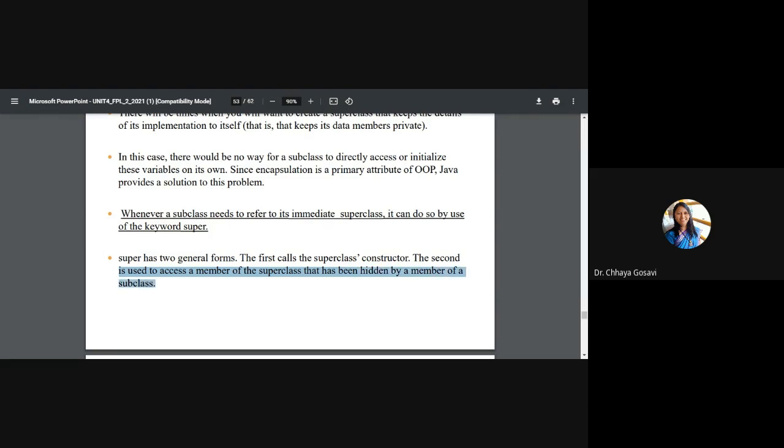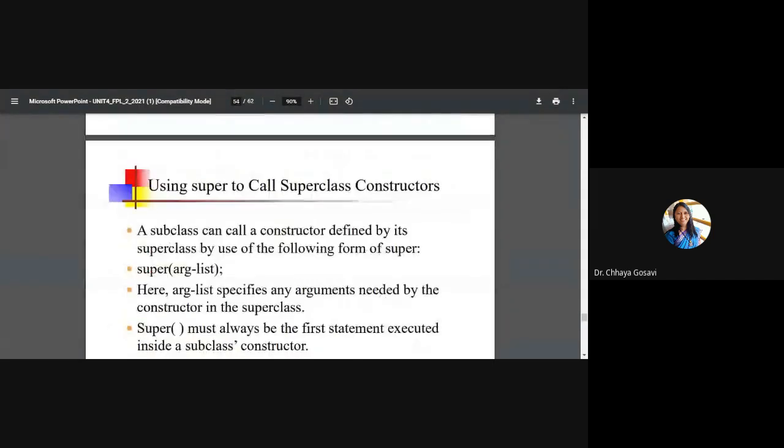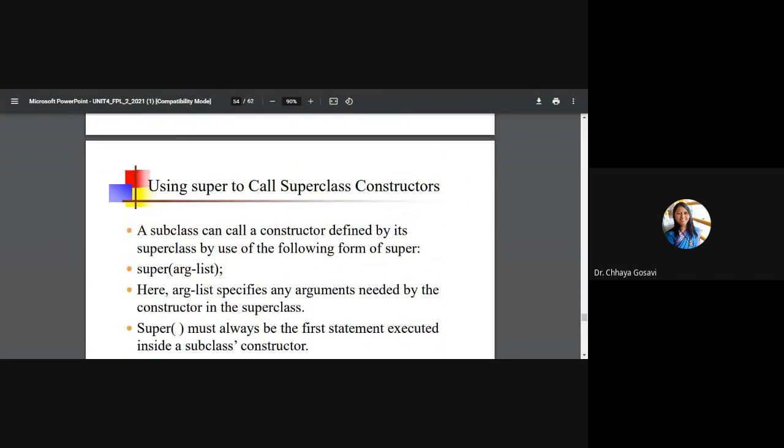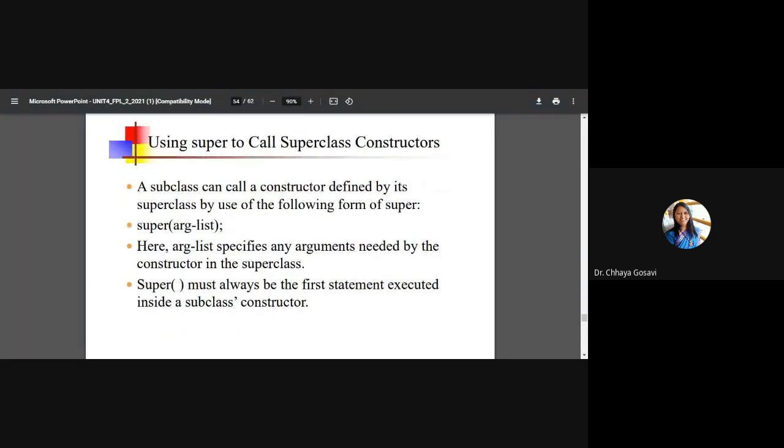If you have methods or variables with the same name in both classes, subclass as well as superclass, to access the superclass version we need to use the super keyword. We have used super to call the superclass constructor. A subclass can call a constructor defined by its superclass by use of the following form: super and argument list.